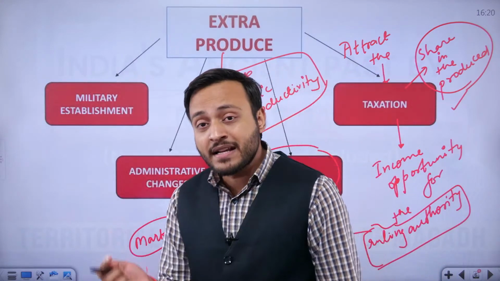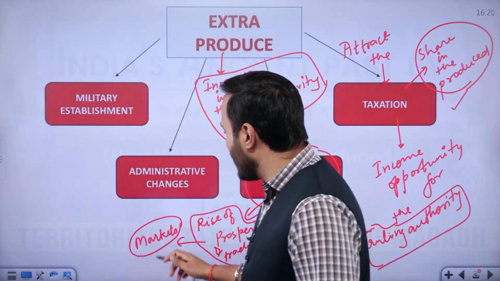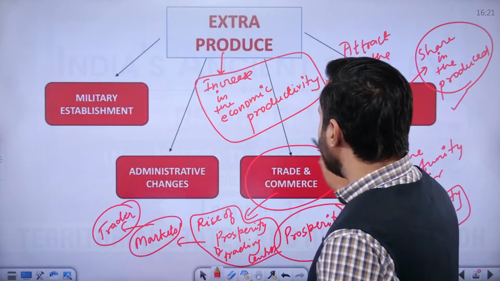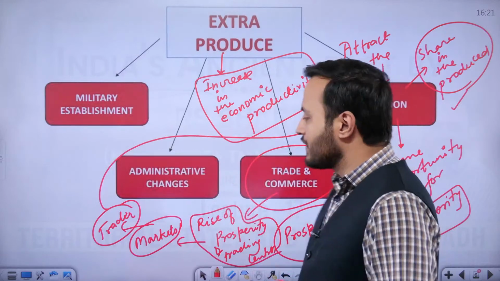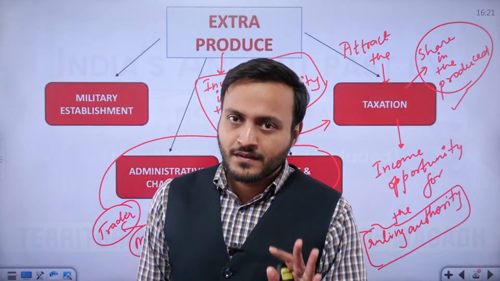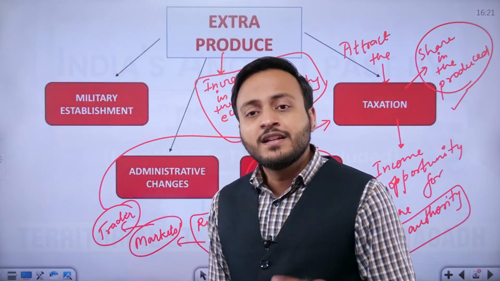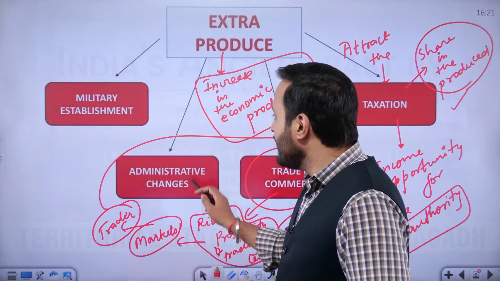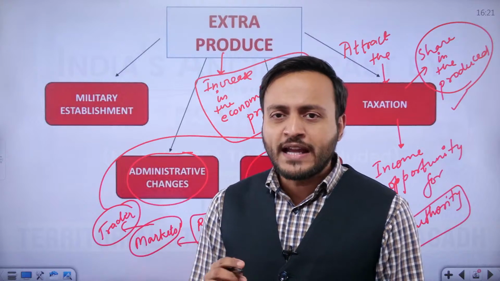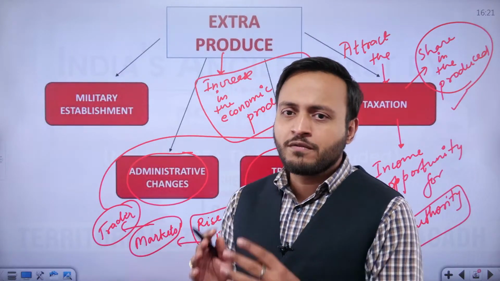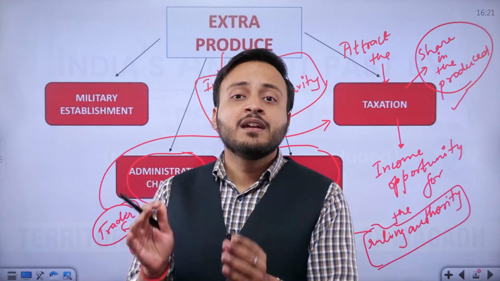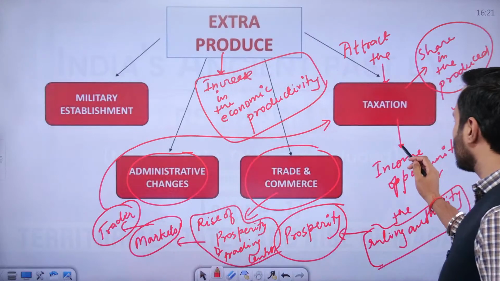After that, remember that if you have the market, that means you will also have the traders, and the traders will be paying the tax, all right. So the traders will again contribute to the emergence of a prosperous state, prosperous kingdom, got it. So that means the traders have become important, the peasants have become important, that means they will require a proper administrative system, so that the entire ecosystem of production, transportation, trade, commerce, taxation, the entire setup, can be well managed under the guidance of the state authority,